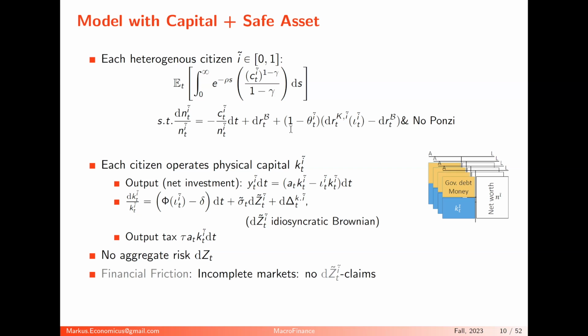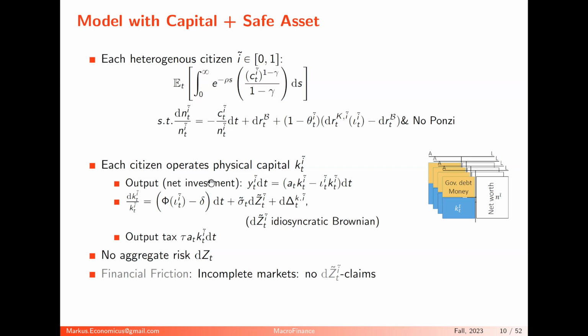And then he puts a theta fraction of his wealth in the government bond, and 1 minus theta fraction he puts in the physical capital, gets this return. So for theta, he gets that, and for 1 minus theta, he gets this. So differently, he gets on everything the real return on the government bond, and then he gets the excess return on this 1 minus theta. And then there's a no Ponzi constraint. So you can't run a Ponzi scheme, okay? We will go into this in more detail next time, why these guys cannot run a Ponzi scheme. Okay?